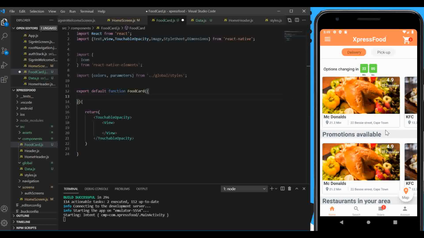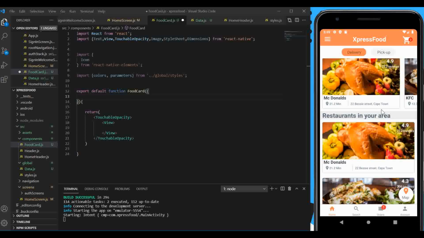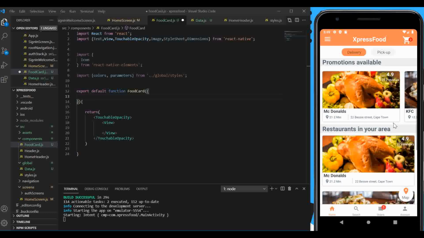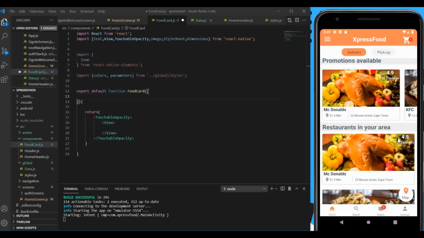And you can see also the sizes of this card. You can see the content is the same, but if you see the size of the card inside the restaurants in your area, as well as the cards that are above, you can see that they are different sizes. So we have to be able to pass even the size and everything dynamically. So we're going to pass some props inside here,